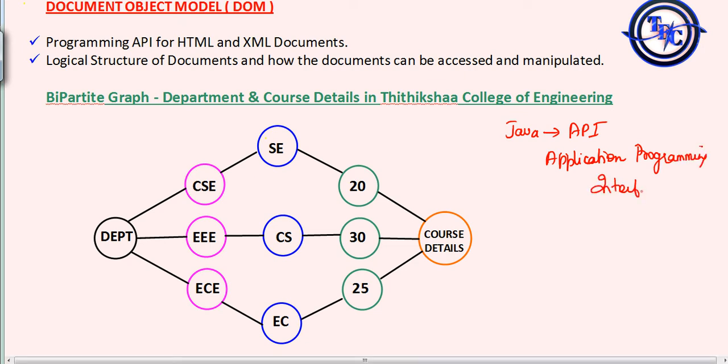Similarly, for HTML you have something called the Document Object Model, DOM. It gives the API, like how this HTML and XML, which stands for Extensible Markup Language, also is useful. We will see that also.